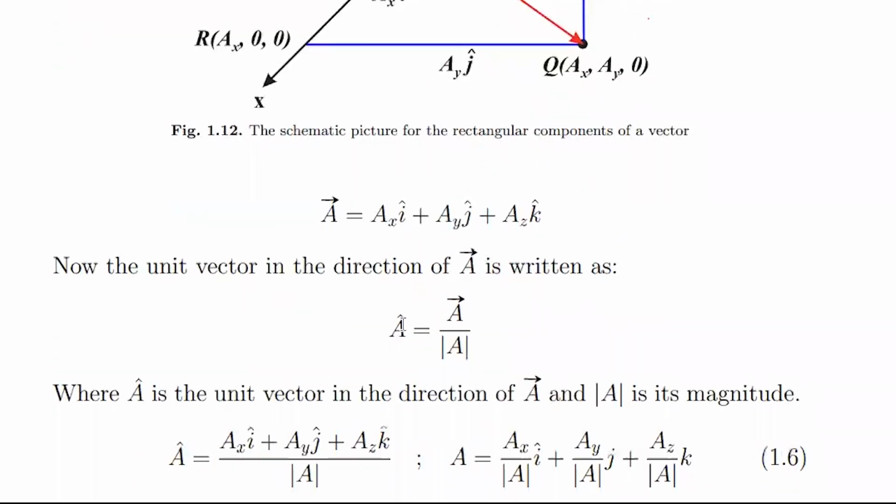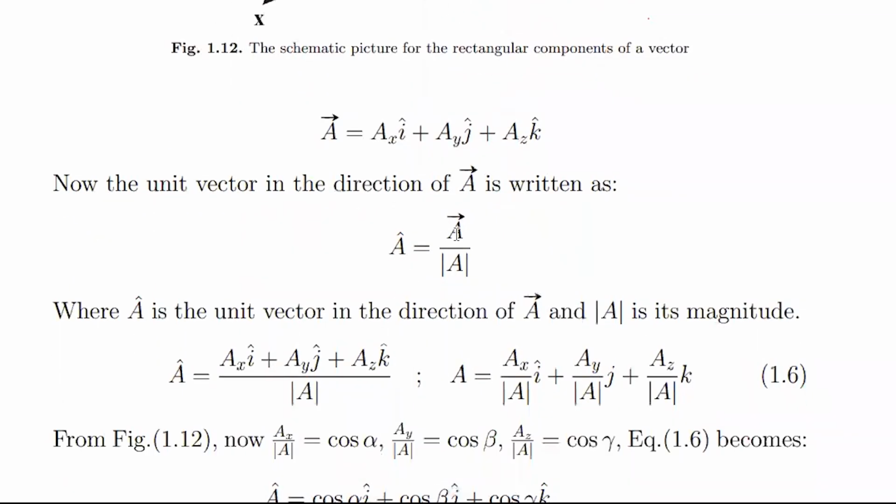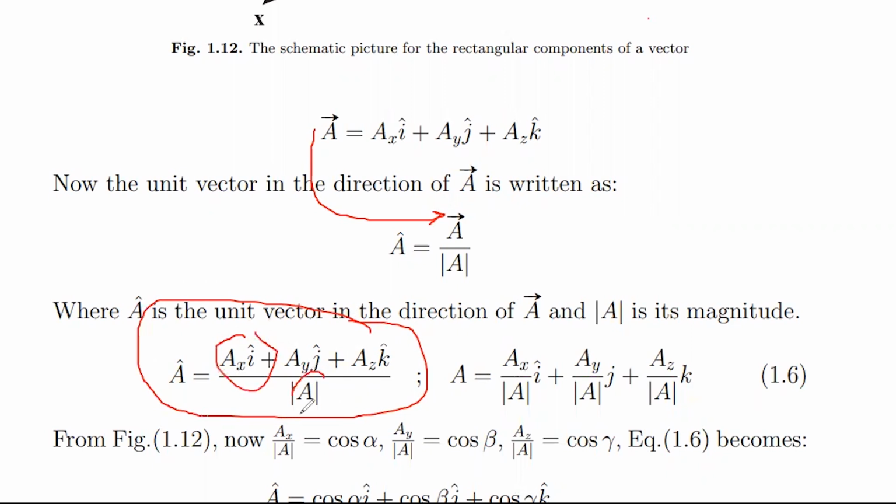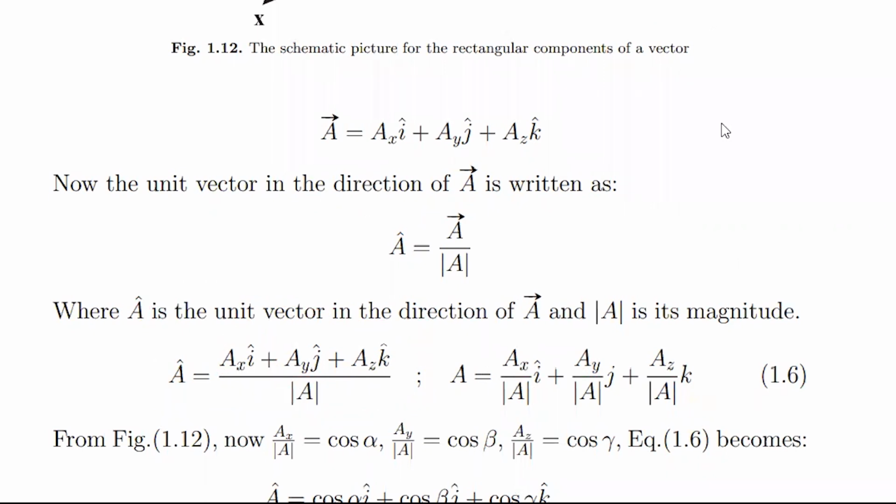For example, from the definition of a unit vector, we know that a unit vector is obtained by dividing a vector by its magnitude. So we use this value of vector A from here to this one, and we will get this one. Now separating these components with each magnitude, we will get AX over A i plus AY over A j plus AZ over A k. You can clearly see here from the diagram